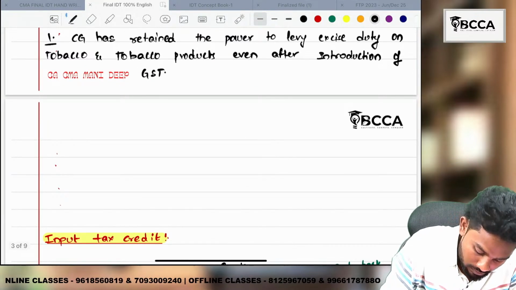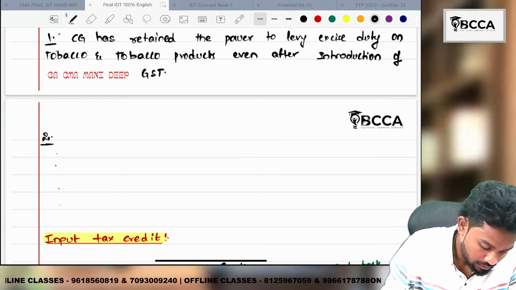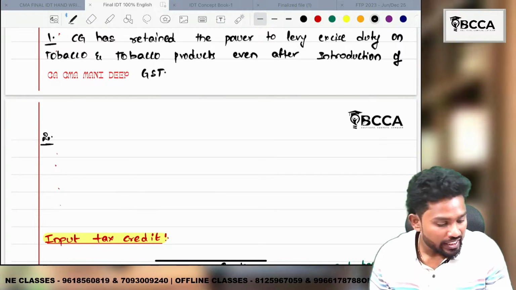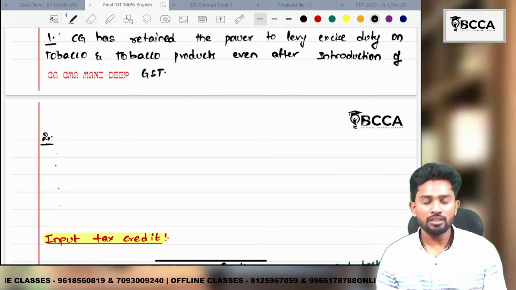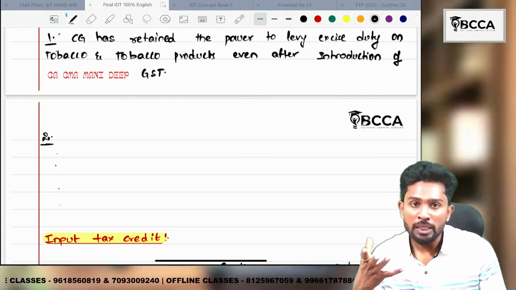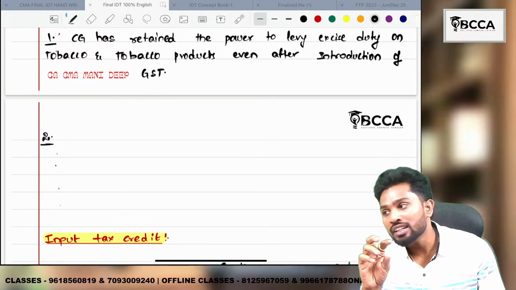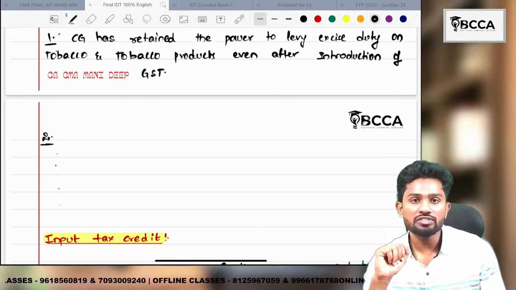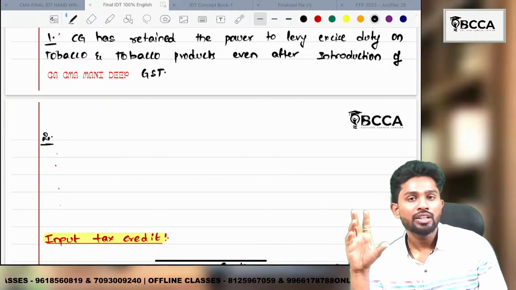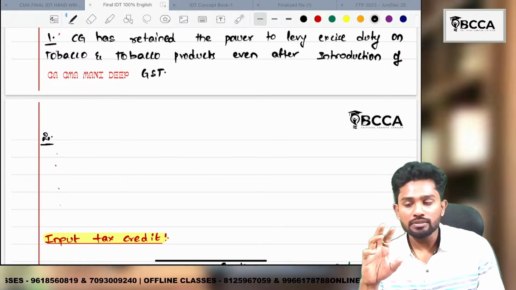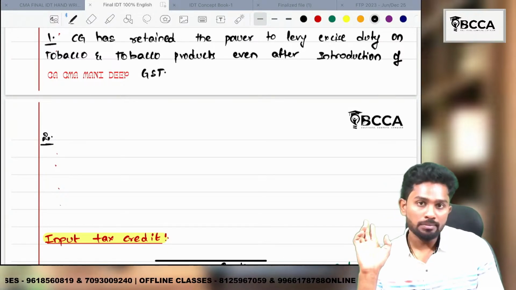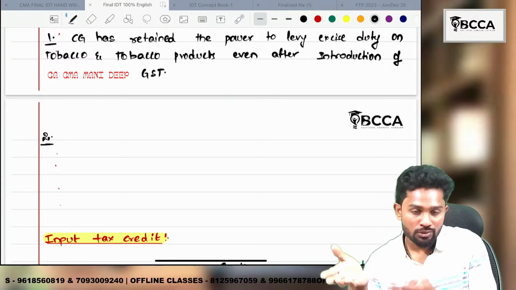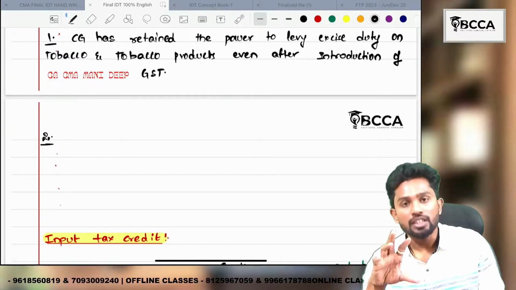Then the second one. Since the central government has retained the power on certain things, the state also has retained the power to levy taxes on certain things such as opium, Indian hemp. All these are drugs, narcotic substances, psychotropic substances, which will take you into a trance. On these, even after introduction of GST, you may say, sir, these are illegal now, we cannot sell them. To the extent they are permitted, maybe for medical or other purposes, if they are permitted,